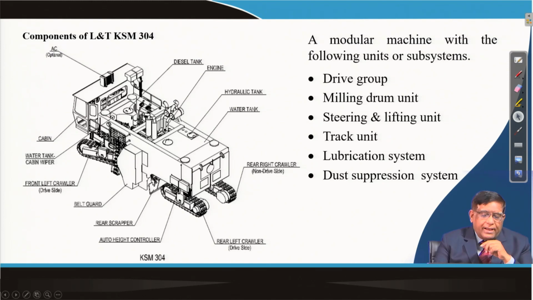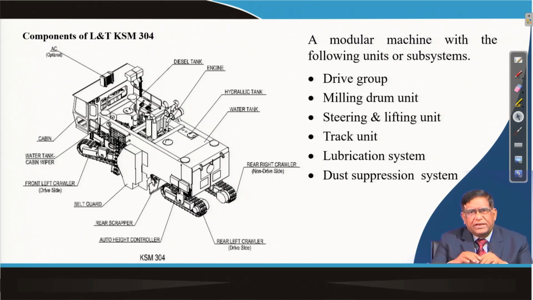Now, there are different powered functions, the diesel engine, and then the different drives, their clutches, their controls, all can be instrumented, and the operator's cabin can get the real picture of what is going on over there. Now, in this, why is there the water tank? Because while cutting, this machine will generate a lot of dust. So, that dust needs to be suppressed, for that a water tank, and then the pump will be there, and they will be